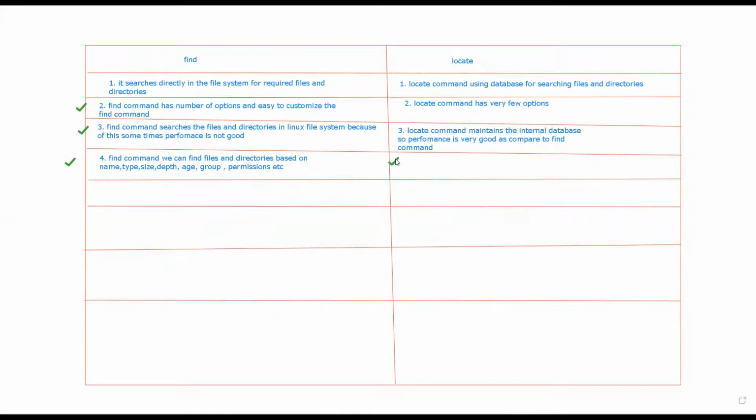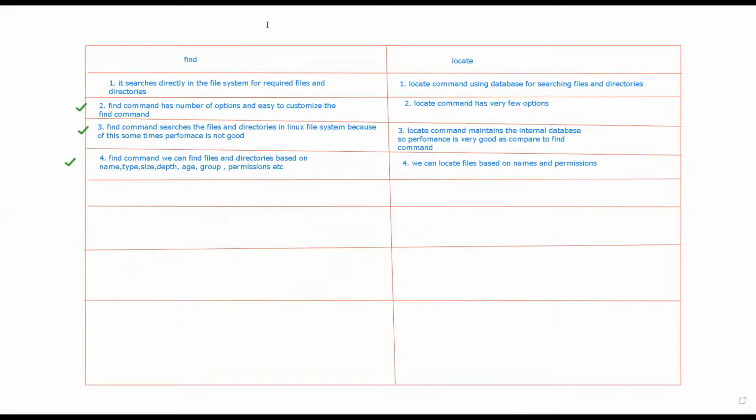But in case of locate, by using it we can find the files only based on names and permissions.